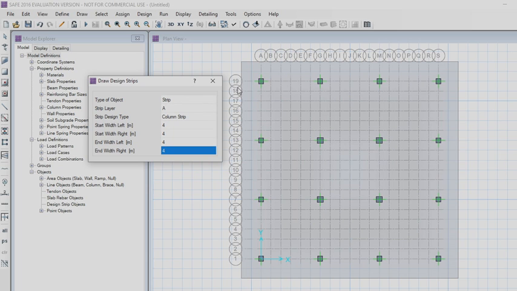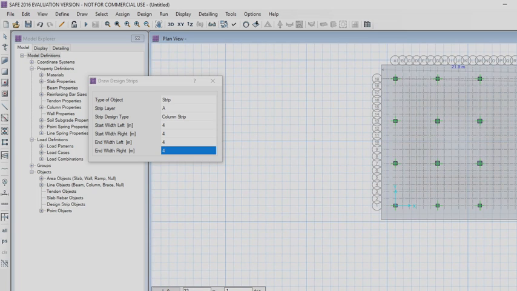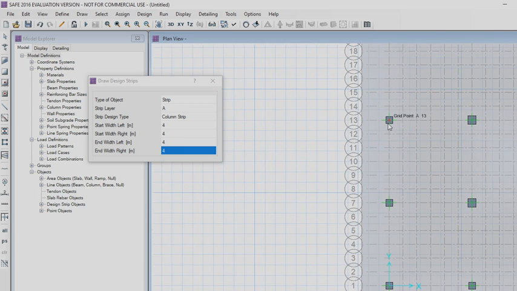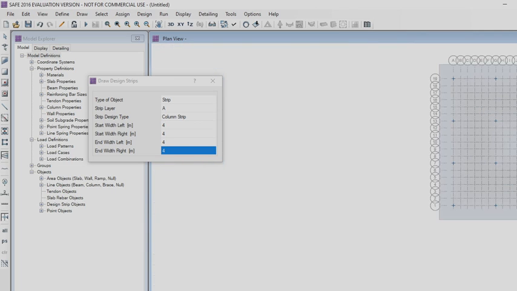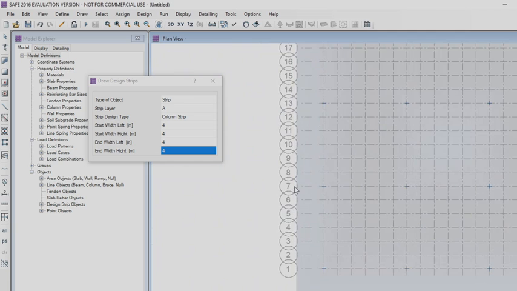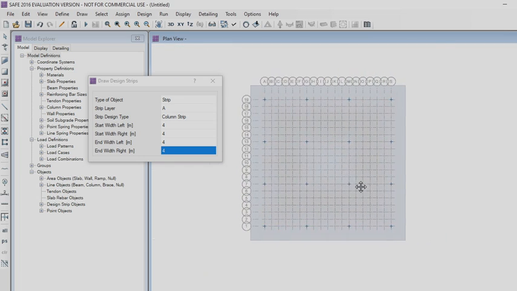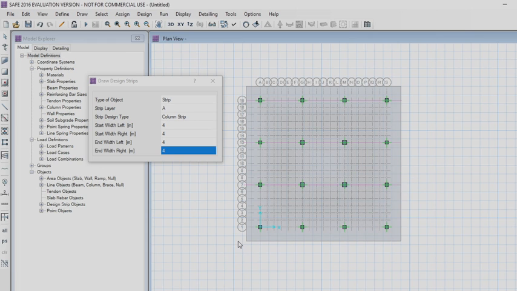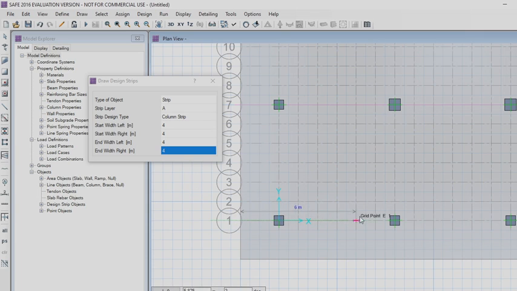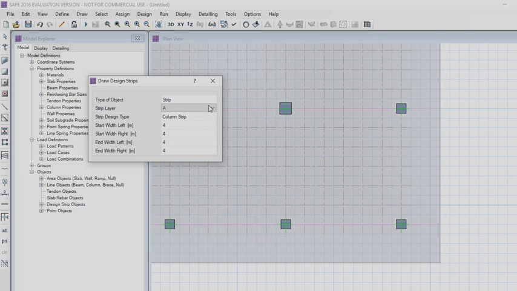Draw the strip layer A in X direction. Now change the strip layer to B and draw the strip layer B in Y direction.